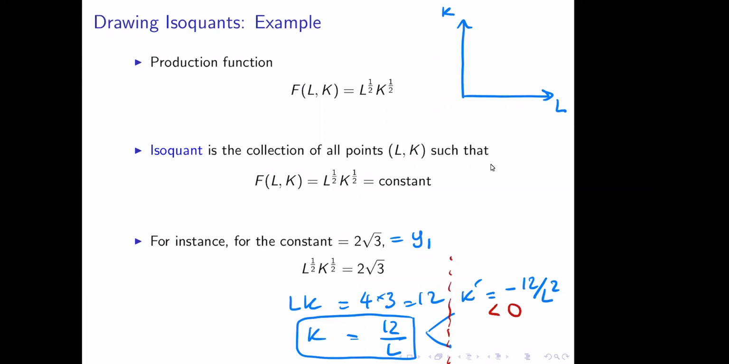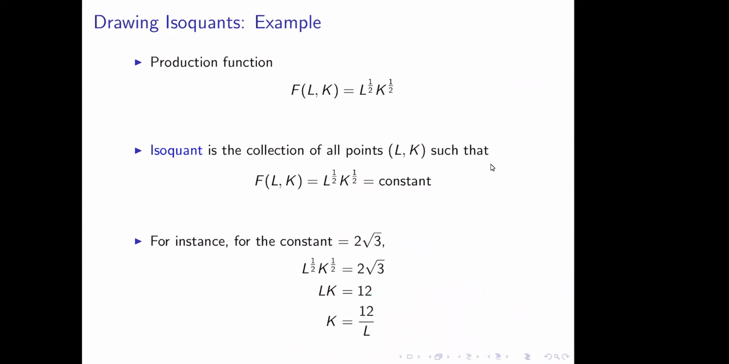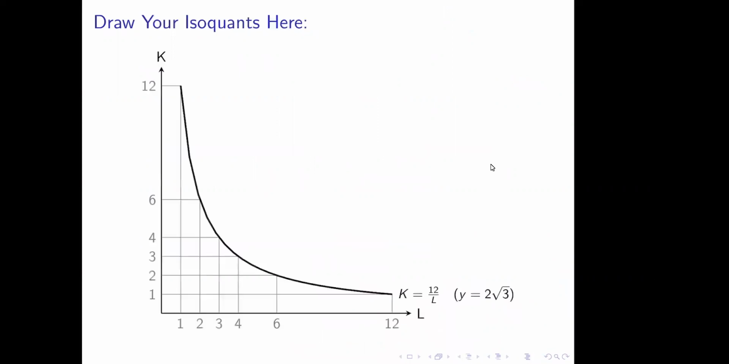And the second order derivative, K double prime, which is taking another derivative of this function, gives you a positive value: 24 over L cubed. And this is positive. That's how we know that it should look like this, because of K prime and K double prime. Okay, so you can draw the slope, draw the